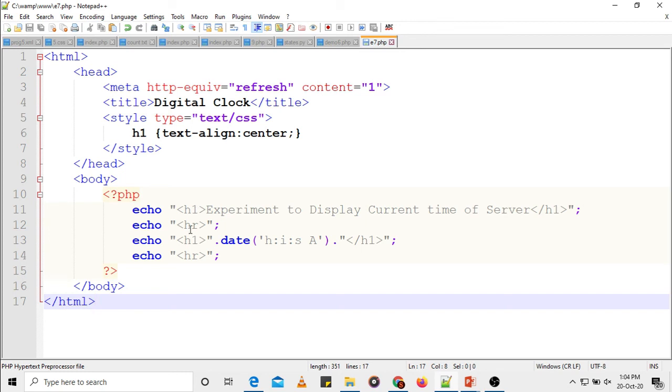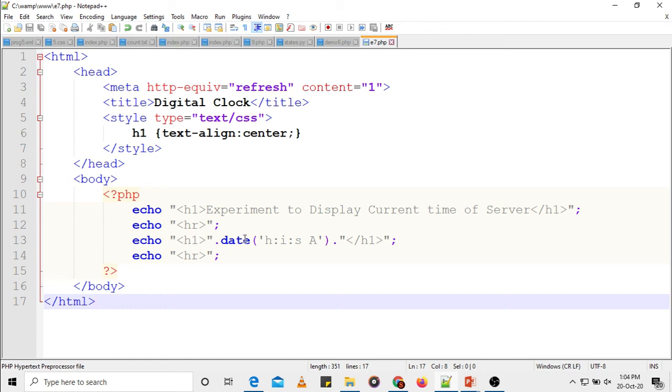We are going to display a horizontal line just for the beautification. So echo, we are going to display the date again in h1 format. You can select any other format of your choice also, and we are displaying one more horizontal rule. So the style we are mentioning here. We have to remember that we are using the date function to display the time.